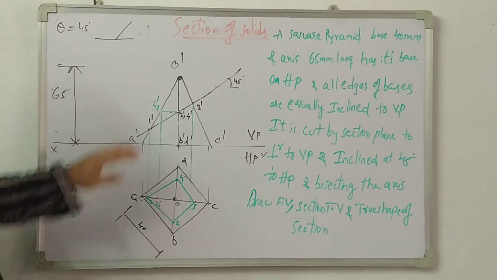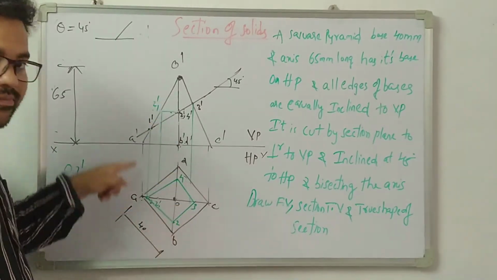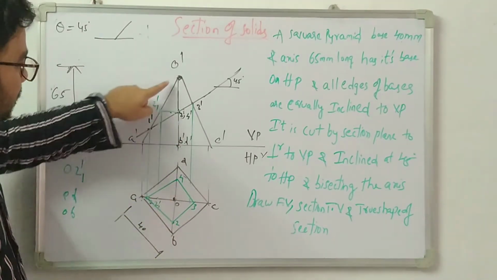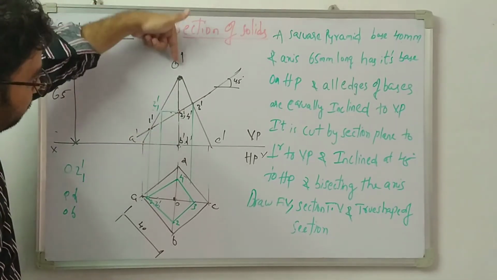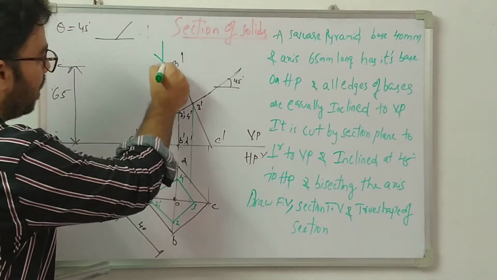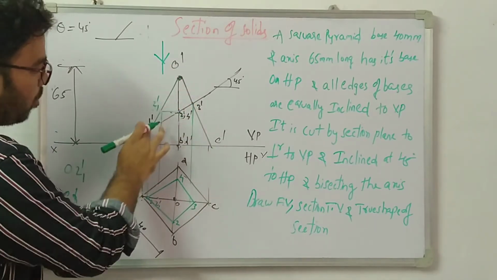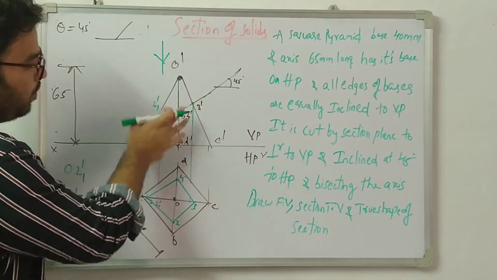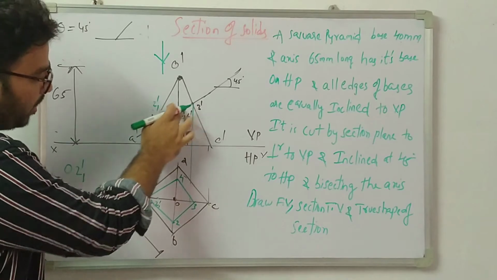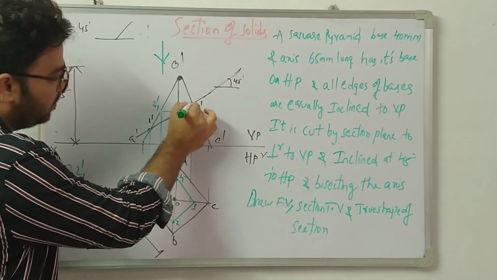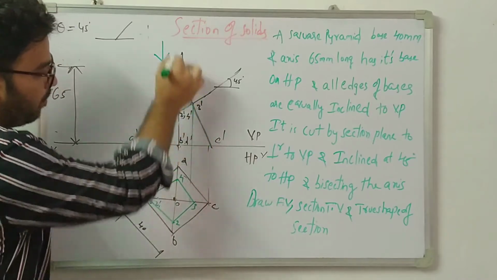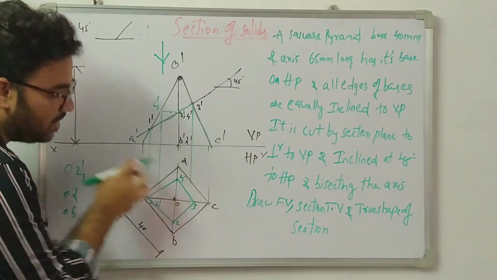Now I remove this. Here, what is the retained portion in this diagram? This is a portion I removed, and I am watching from the top side. I removed this smaller shape, and I am watching from the top side. This is the retained portion in the diagram. I am watching on the top side. I can see this shape.